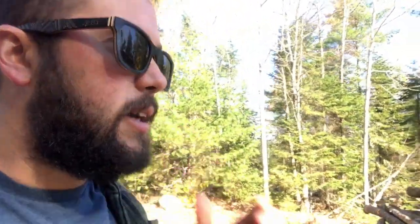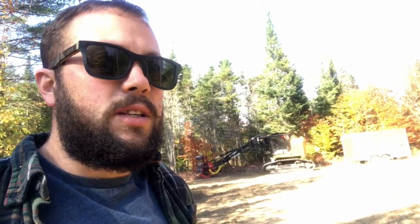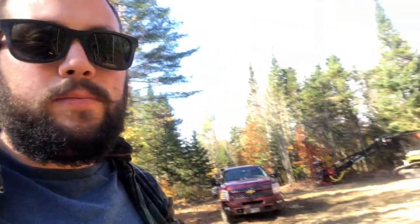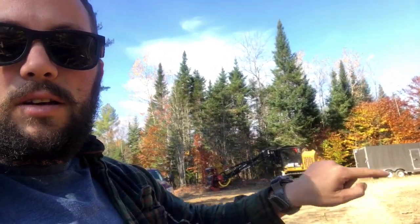so I'm just gonna let the harvester cool down, and I'm gonna blow the radiator out. I have a couple grease fittings to change on that. A couple little things while I have time. Of course, there's this service trailer. That's weird. Service trailer, everything I need in it, and